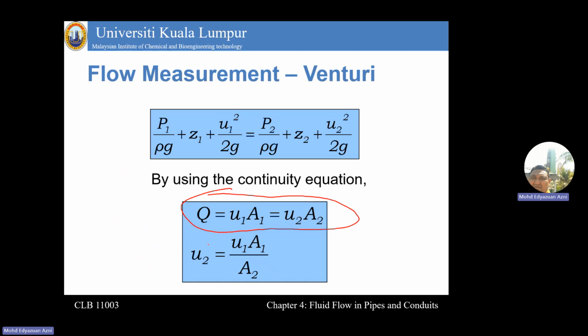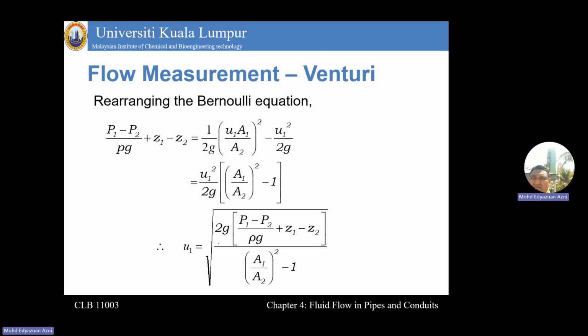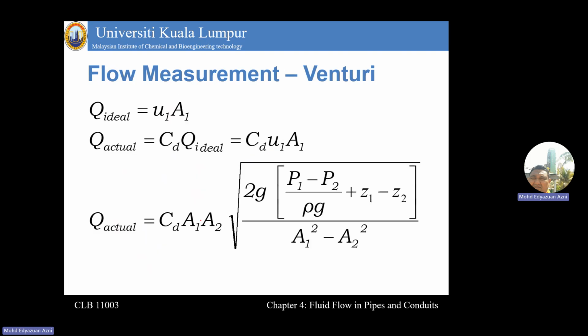At the end, we know that U2, the velocity at 2, equals U1 A1 divided by A2, because area 1 and area 2 we know, and we can calculate U2 after substituting it here, and after some modification,